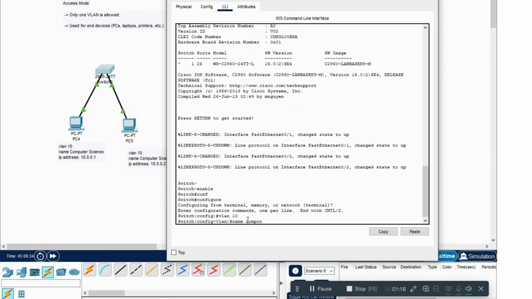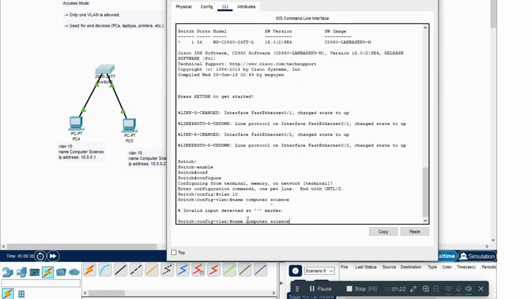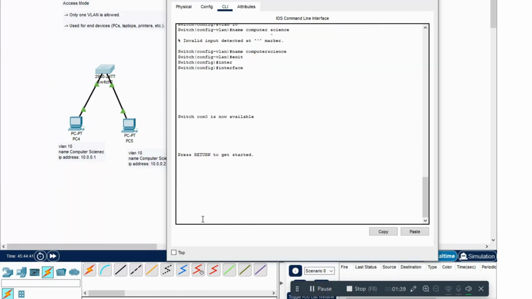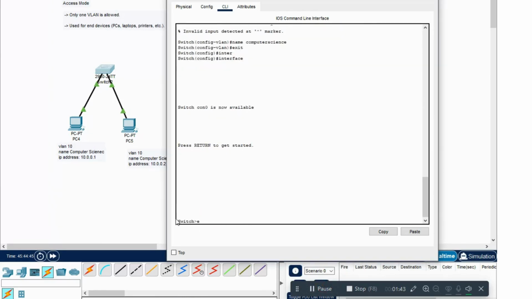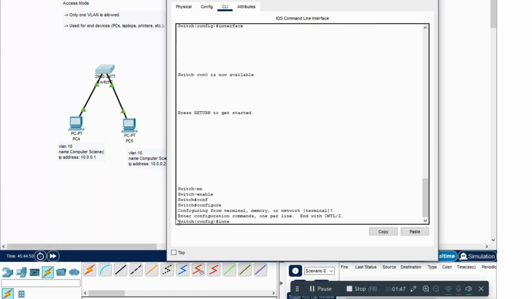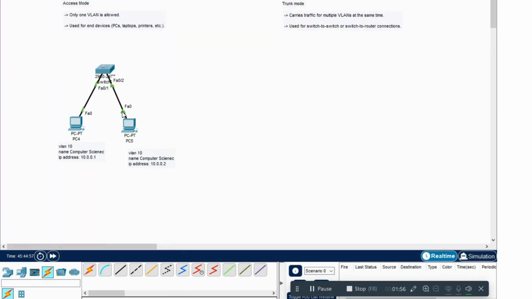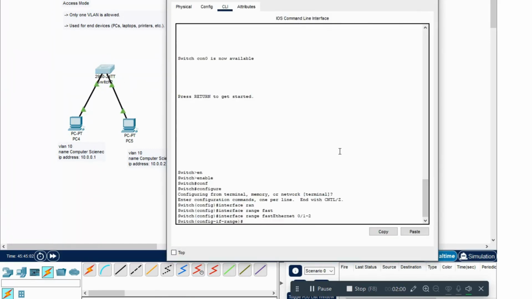Example scenario. Imagine a school where each classroom is a VLAN, e.g., VLAN 10 for Class A, VLAN 20 for Class B. A teacher's PC in Class A connects to a switch using an access port assigned to VLAN 10. The PC can communicate with other devices in VLAN 10, but not with VLAN 20 unless a router is used.